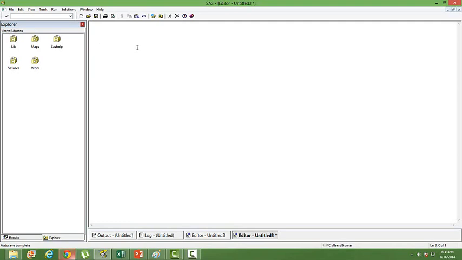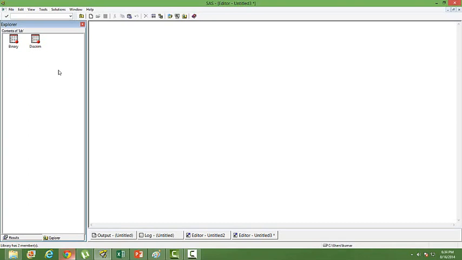So permanent library is a type of library that you create by assigning a particular path from your system. I have created a library called LIB, which is created by referencing one of the paths that I mentioned while creating it.